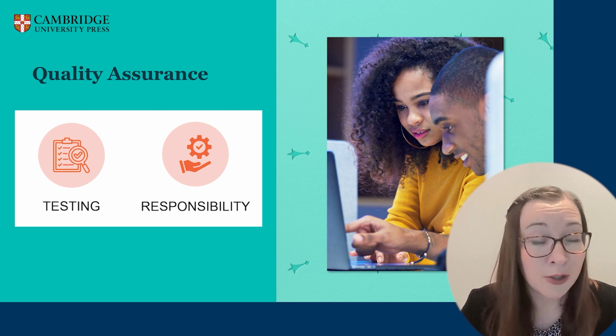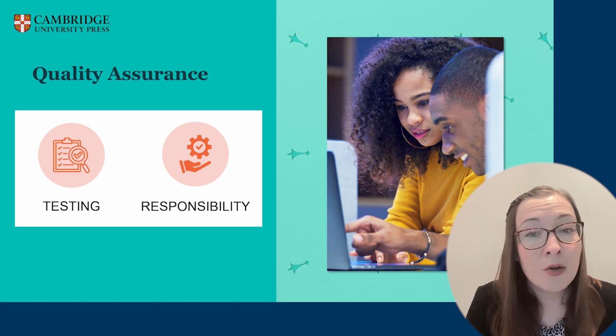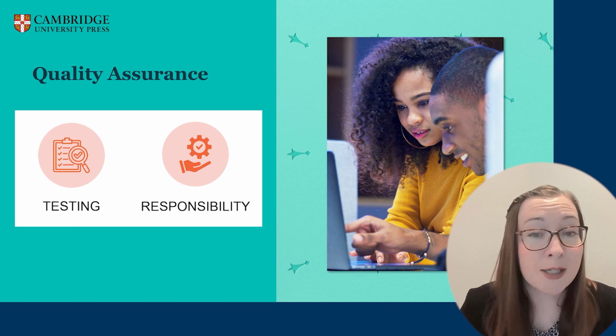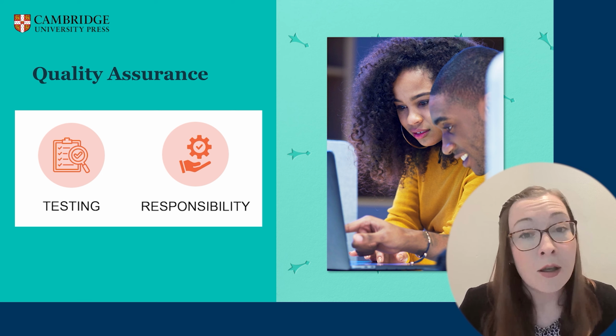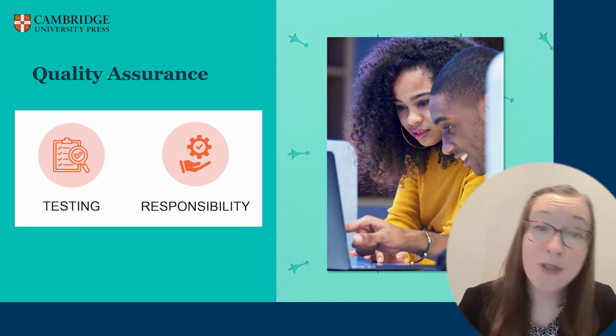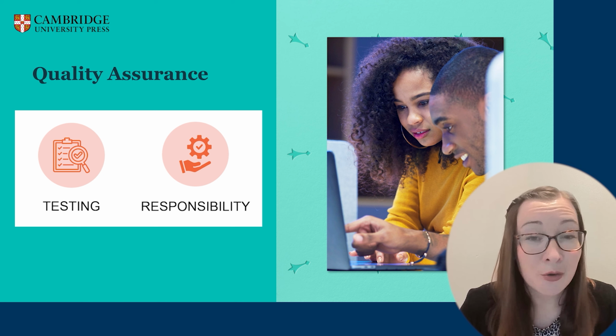First, you need to decide who will be doing the QA, and that will likely be dependent on who created it. Author-provided alt text should be QA'd by someone with good knowledge of alt text best practice, whether that's someone in-house or through a third-party vendor. And if you're relying on vendors, you may want to also do some QA of their QA, for example, spot checks. If someone other than your author is writing alt text, I'd recommend having the author do a final check of it to ensure it's correct in terms of the subject and the context within the book.